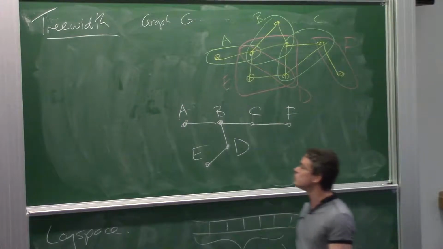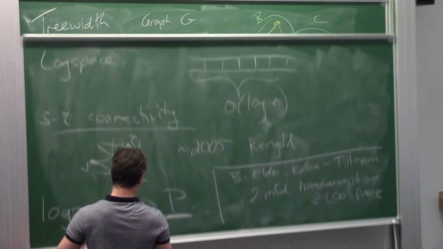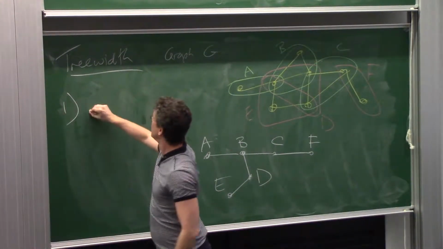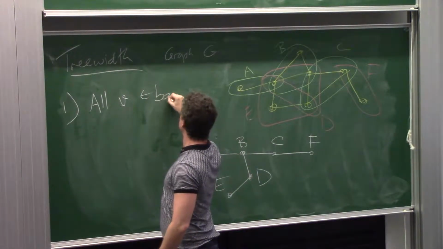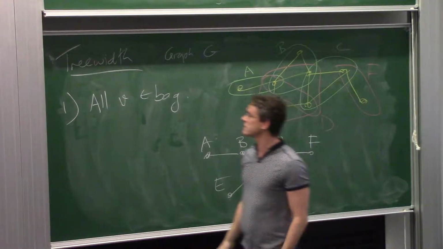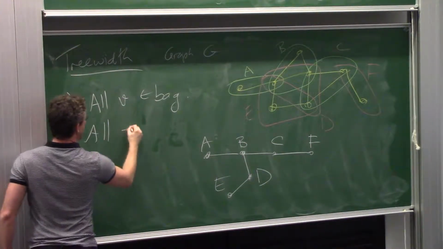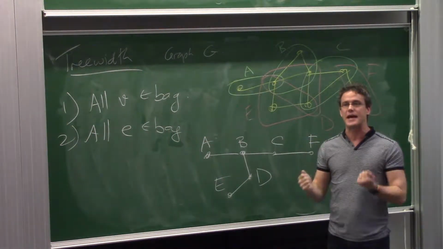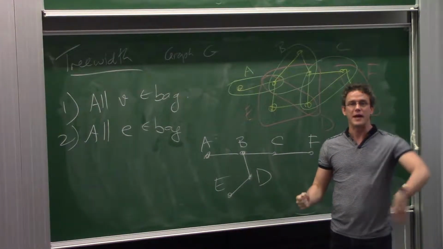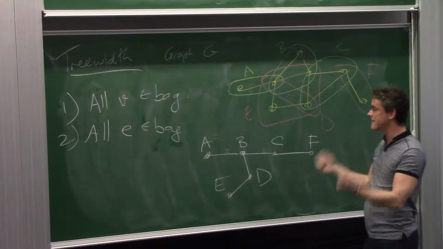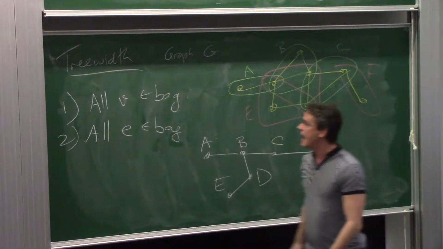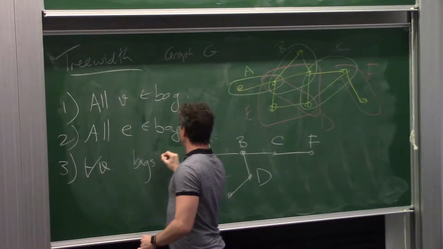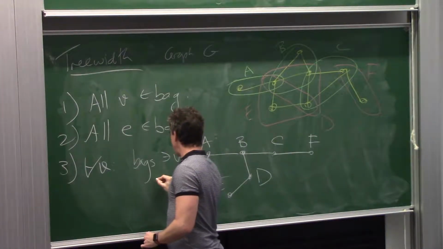Right? And there are some rules that you have to adhere to. Rule number 1, all vertices belong to some bag. You can't leave out a vertex. Rule number 2, all edges belong to some bag. What do I mean by that? I mean for each edge, there is some bag that contains both of its endpoints. The endpoints can also go off in other bags individually, but there is some bag that contains both endpoints. And number 3, for all vertices, the bags that contain that vertex are connected